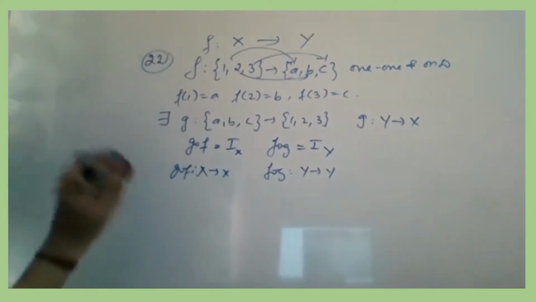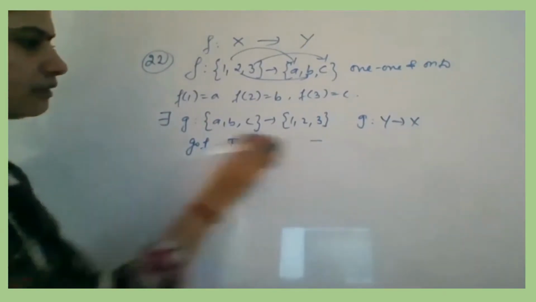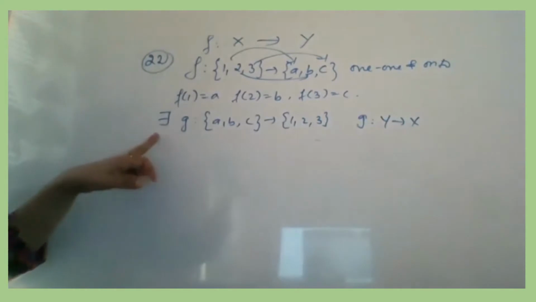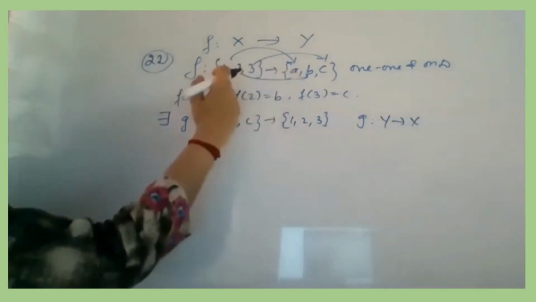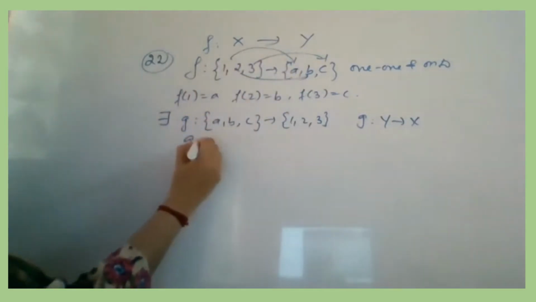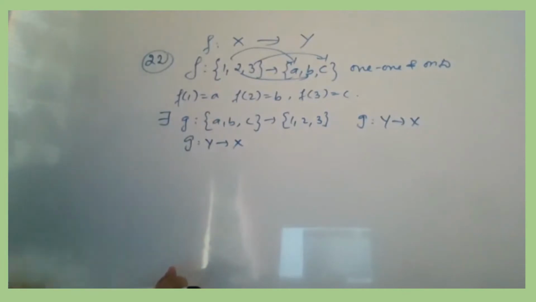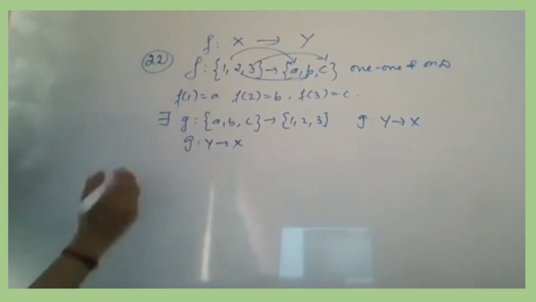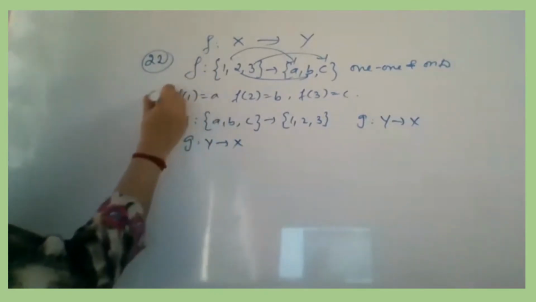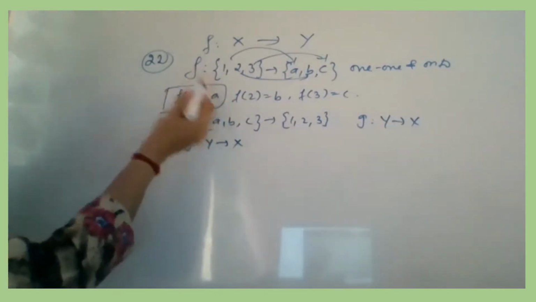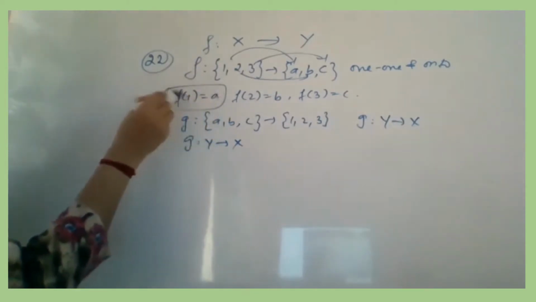Okay. So for that, first we have to define G. Now, how do we define G? They have only given that you should form a G from this set to this set, that is the opposite thing, G from Y to X, in a manner that the composition should give you identity. What does identity mean? Identity will take an element to itself, right? Now, when we have defined that f of 1 is A, I should define G in such a manner that when I take G of this element, I should get 1.